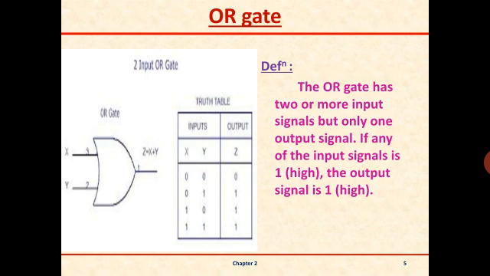If any one input is high, consider the second case, where X value is low and Y value is high. Any one, so Y value is high here. In that case, the output is high only. So you have to remember in OR gate, if any one of the input is high, then output will be high. In the exam, the question will be asked: draw a logic diagram of OR gate and write the truth table of OR gate for 2 marks. You have to remember the diagram and you have to draw the truth table.